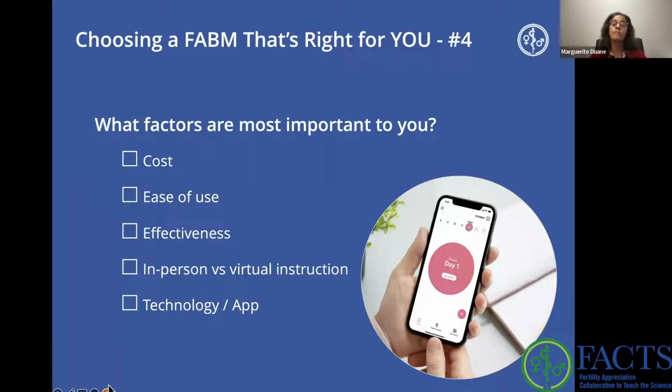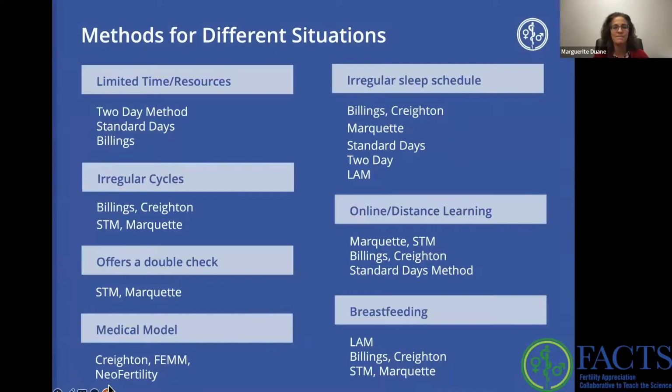So for example, the Bhilm teaches the symptothermal method, and they have the Cycle Pro Go app. So I would recommend you use that. If you're learning the Billings ovulation method, they have an app called NFP charting. And the nice thing about using apps that your instructor recommends is they may actually be able to access that data as well to be able to help you when you have questions about your observations.